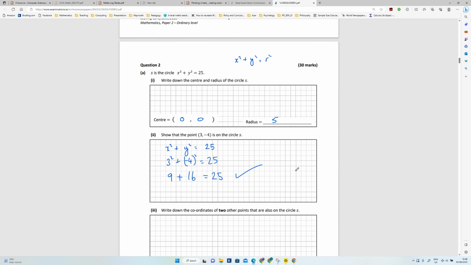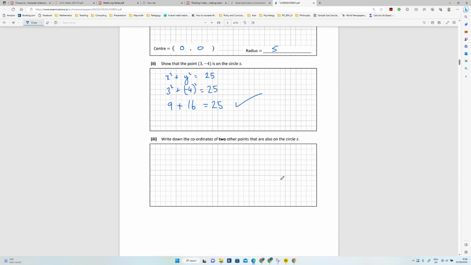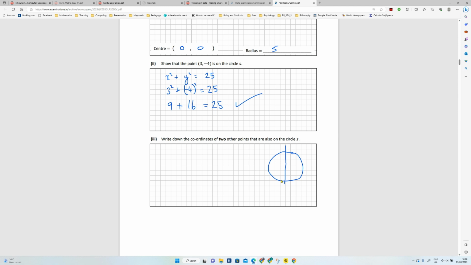Part 3: write down the coordinates of 2 other points that are also on the circle. Okay, so we know that it's at the origin. Again, you might do a little sketch here with the compass and do it properly. So you'll have something like that. So if the radius is 5,